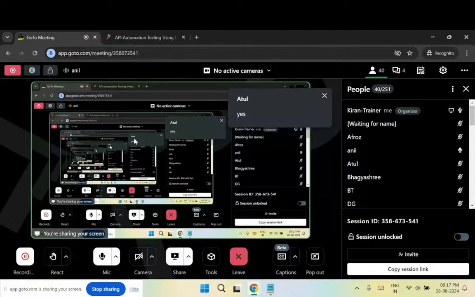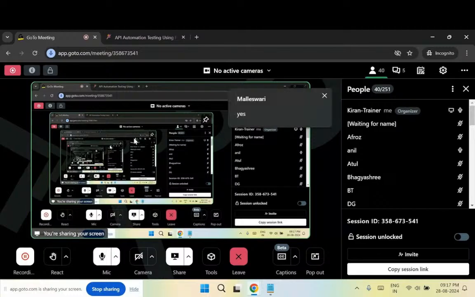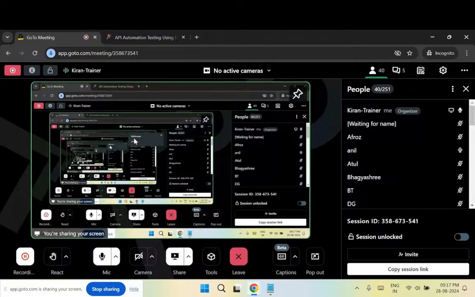You are explaining this GraphQL also, right? Yes, we will take one example. We may not go very deep into GraphQL, but I will be taking one SpaceX Mars related GraphQL API, and I will show you how to automate and test them using Postman. And one more thing, mock APIs. If you are interested, I can show it. In Postman, we can do it.